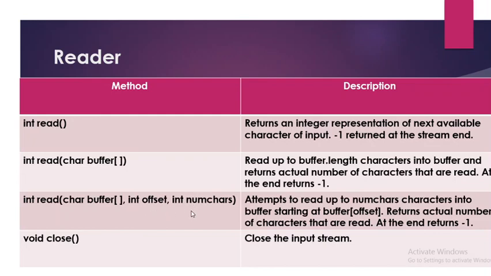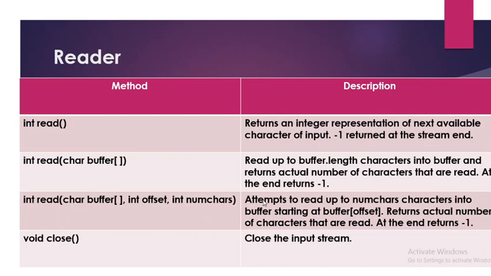That means array location 2, then location 3, then 4, then 5, then 6. These 5 index locations will get read. It is 2, 3, 4, 5 and 6. These index locations will get read, as we are saying that only 5 numchars we want to read. And out of that, if some characters are not available, there are some blanks, definitely it is not possible to read. So out of that, how many characters are actually read, that will be the return value.